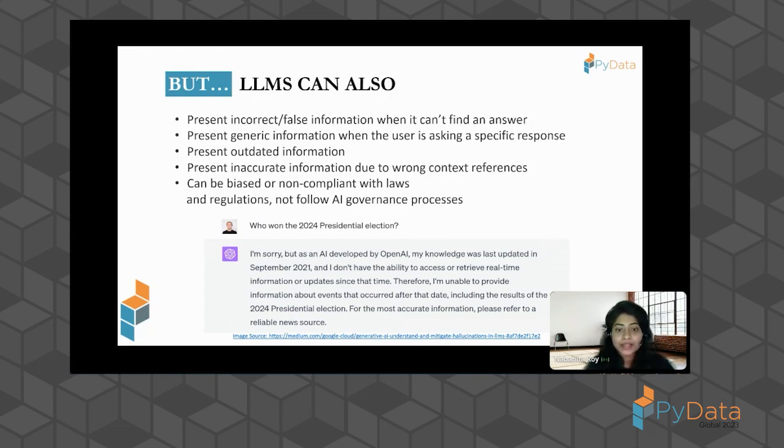Okay, but that's something that we can handle ourselves internally when we design systems based on LLMs. It can also be biased or non-compliant with laws or regulations. There have been loads of conjectures about it being biased and non-compliant, and not following correct AI governance processes.